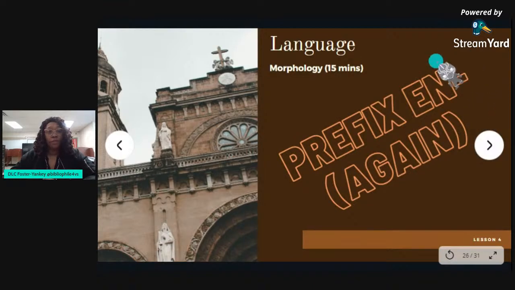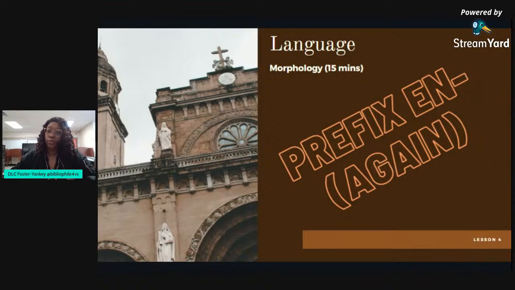Next, they'll move on to morphology for 15 minutes. The teacher is going to begin by referring to the prefixes poster that they should have up in their room and reminding students that prefixes are added to the beginning of root words to make new words. They'll point to the prefix "en" and ask students to read what it means, then tell students that she'll give them 2 word choices. Some words are root words and some words are affixed words. Then she'll read a statement and students will decide which of the word choices the statement demonstrates.